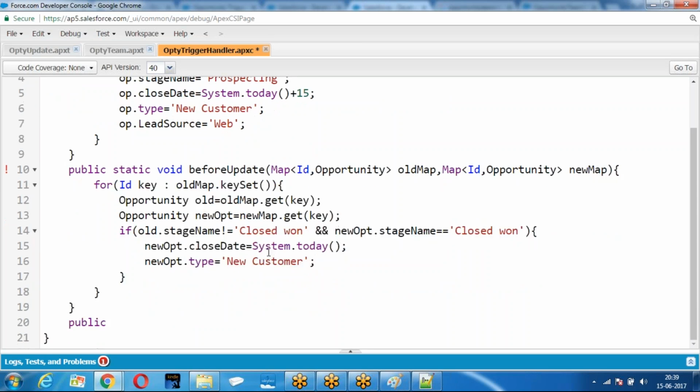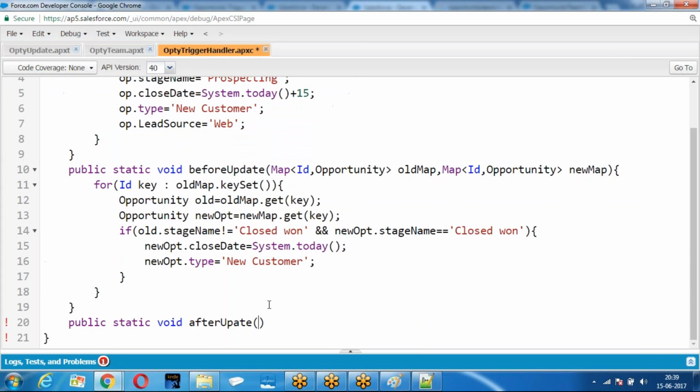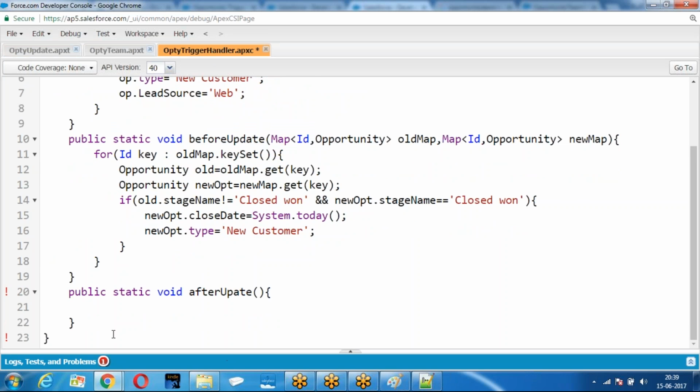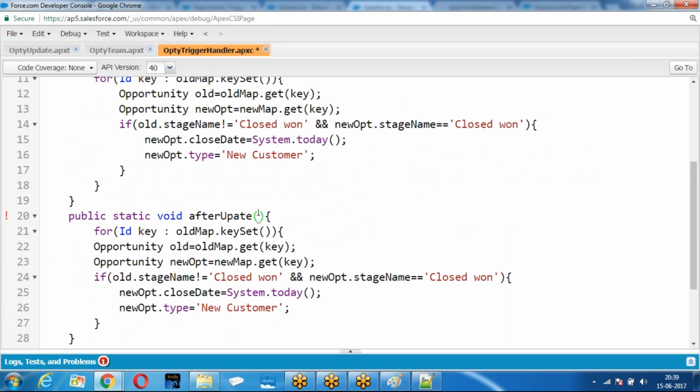So for one trigger, I am writing one method. Public static void after update. For after update also, whatever the logic you wrote, don't write the logic in the trigger, write the logic in the Apex class. What are the values I have to give? Map of ID, comma, map of ID, comma,